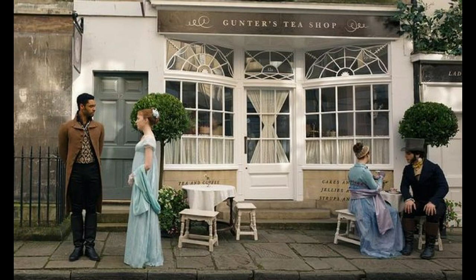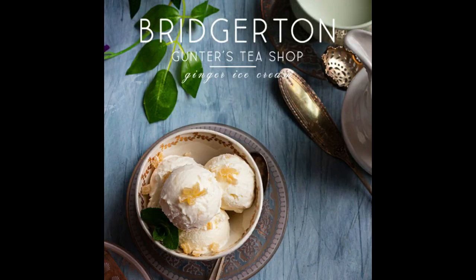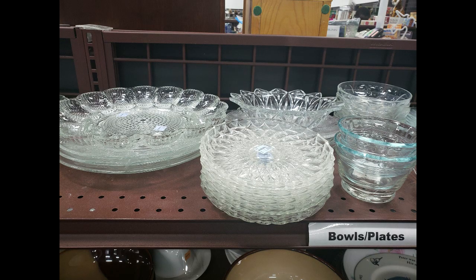I also saw in the Bridgerton show, they have a tea shop that also has an ice cream parlor. And yes, ice cream existed in 1813. I think it was a peach flavor. So you could do something kind of fancy like that, and again, those little glass ice cream dishes are very easy to thrift. You can find them at a thrift store. Just put them through your dishwasher. It's glass. It's great, right? And worst case scenario, if you really don't use them after you're done, you could donate them back to the thrift store. Just keep it in the circle of things. With all of this coming up, whether it's birthdays, there's just so much that you can find or reuse or repurpose without creating a whole lot of